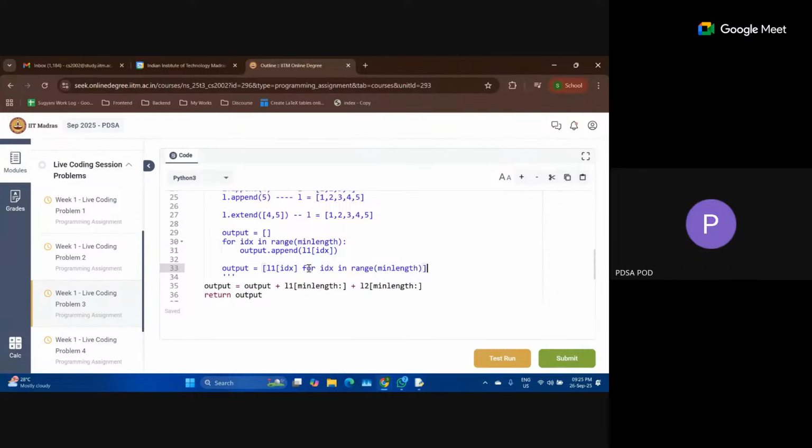You write the for loop over here, while constructing the list itself. There will be no colons or anything. Whatever element you want to append, you write that element first, before the for loop. This is another syntax for writing this. This is called a list comprehension.